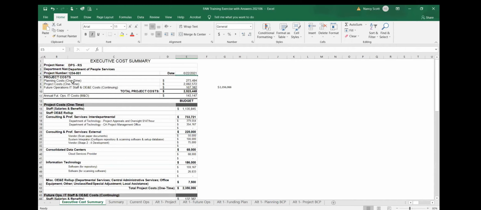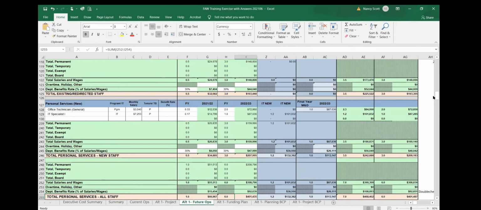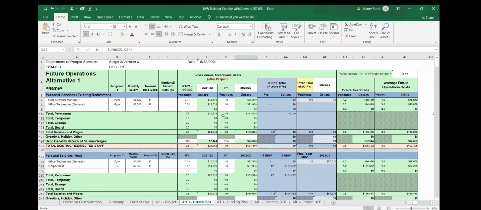So what happens is when you are doing, say, your future ops in this particular sample, it has 2 years, but we see here that there was just a couple months in one of the years. And so to show a full fiscal year, which is July 1st through June 30th, we see that 2022-23 was the final fiscal year, which is also provided here.